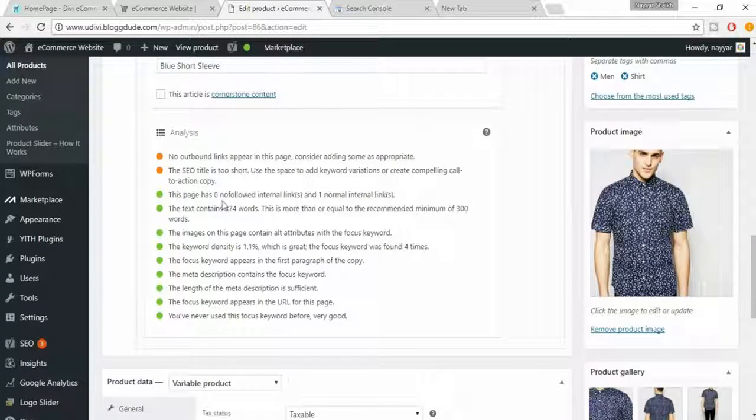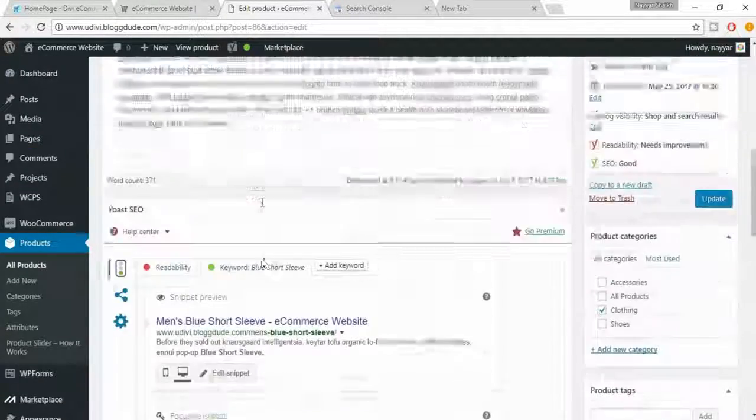Okay, where is it? Yeah, here it is. The images on the page contain alt attributes with the focus keyword. So this is awesome. Now here it says no outbound link appears. As I said, we have two kinds of link. We have already had an inbound link. Now let's have an outbound link. Okay, so let's select some